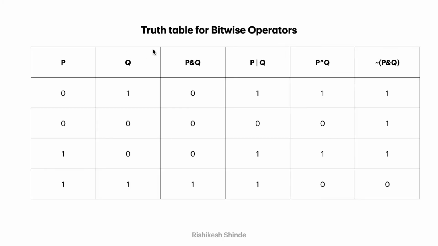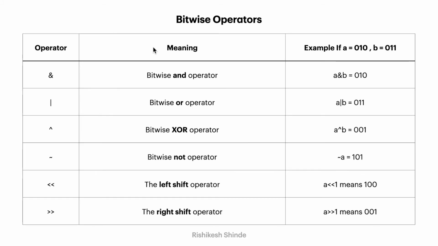Let us understand how these bitwise operators are used to perform operations on bits. A bitwise operator performs the actions on each and every bit stored in a variable. Suppose I have P and Q as two different variables, and I am going to perform operations on P and Q. Here I have performed the AND operation, OR operation, XOR operation, and the negation of the P and Q columns. So let us see how this truth table works, and then ultimately you will understand how these operators work behind the scenes.